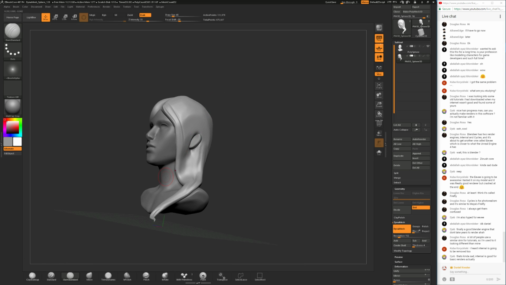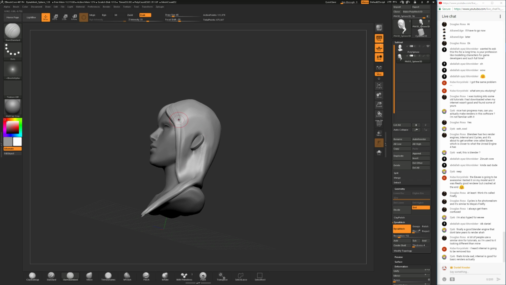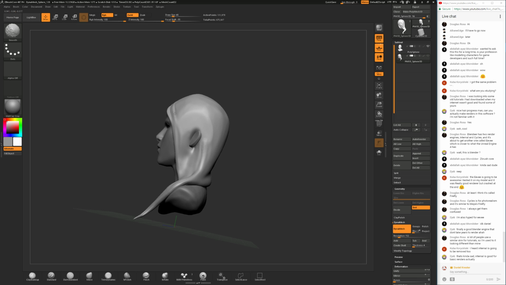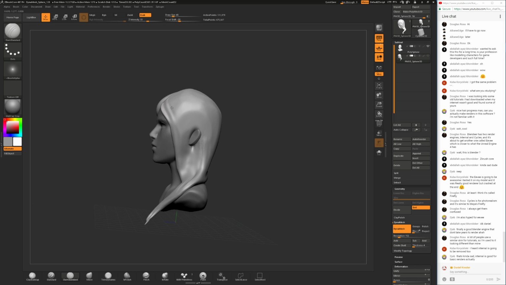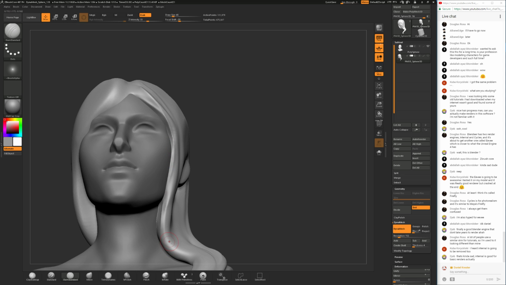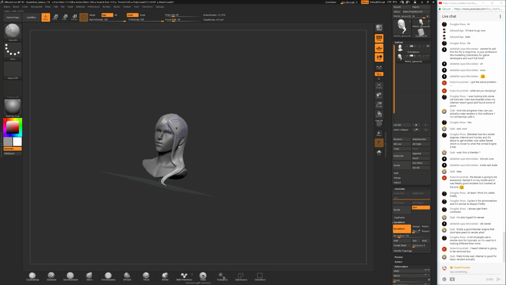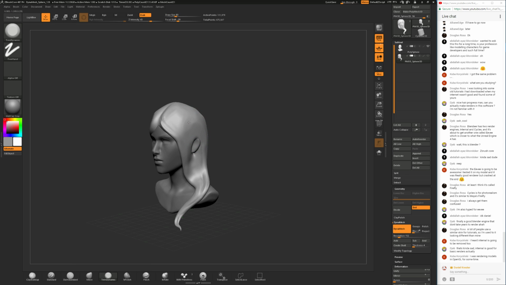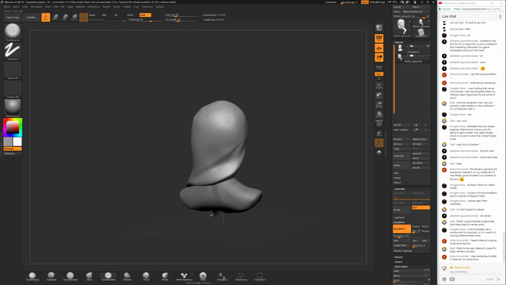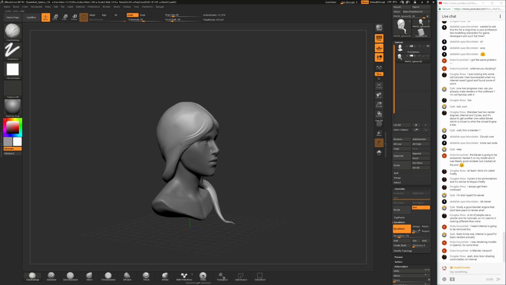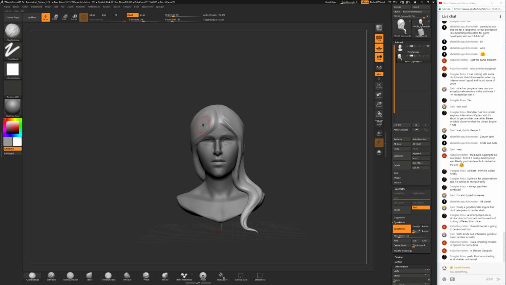So when I make these details with the standard brush, I try to do both positive and negative brush strokes to get detail inwards as well as outwards. But I'm only doing it very roughly for today. Generally speaking, I've already finished the layout of the hair. It's basically detailing it from here on.